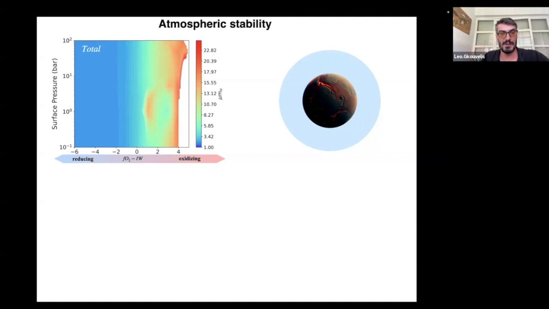And what I'm showing you in this 2D plot here is scenarios of the interior redox state of the planet, then some scenarios covering a big parameter space in the surface pressure, since I don't know this parameter, and the outcome would be the mean molecular weight of the secondary atmosphere, for the total of the atmosphere of the planet. Again, you see something similar. You start from something which seems very similar to a nebular composition and comes down to what it seems like, for example, for the Earth, Mars, or Venus, right here. This is the total of the planet. The color is the mean molecular weight, by the way.